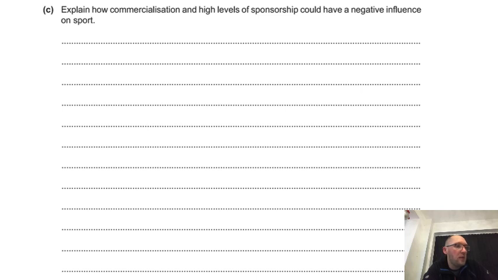11. Sponsors have too much influence in how sport is played: team selection, rules, timings, breaks to fit advertising. For example, a lot of Premier League games used to take place at 3 o'clock. They're now at 12 o'clock. They're on Friday night, on a Saturday, on a Sunday, in the week. They're at different times, all because of the sponsors, because of Sky Sports. 12. Because sponsors want their brand advertised effectively and widely through the media, or want the game to be attractive, fast, free-flowing, to attract large audiences.